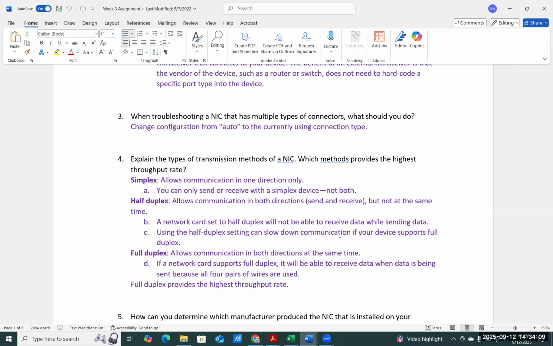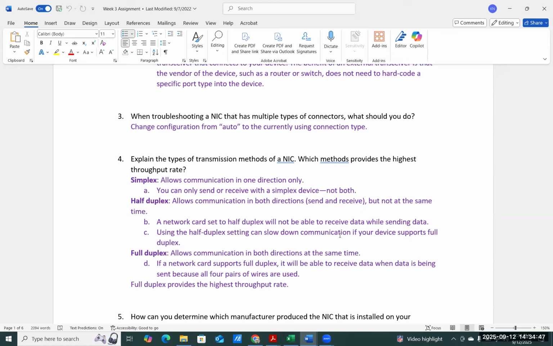So if your network adapter supports full duplex, which it does now, you're able to receive data on the 4 pairs of wires as you do with Ethernet. The signal is sent through the copper wire. You untwist the twisted pair and arrange them, and if you did that correctly, you're going to be able to receive through the 4 pairs, okay? This is going to give you the highest throughput, the fastest transfer rate for the capability of